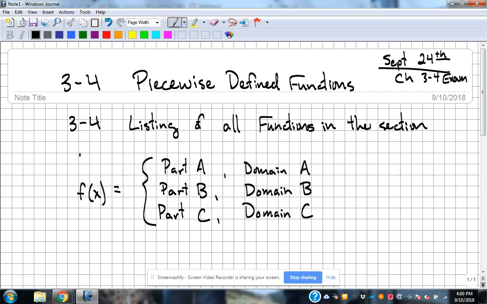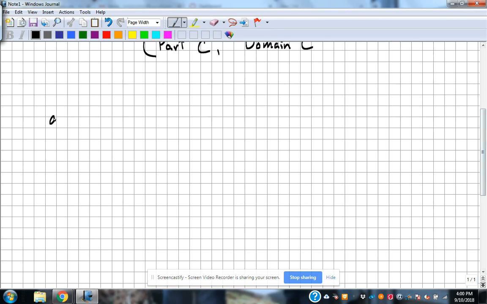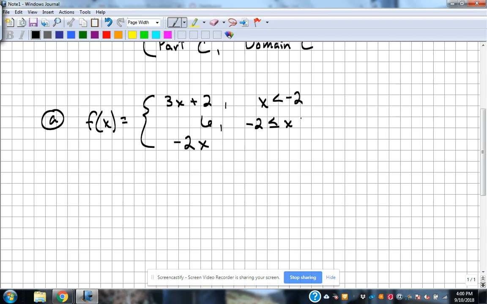All right. So looking at piecewise defined functions, the first one we're going to look at, just a first example. Stay pretty simple with it, and let's just use linear pieces like 3x plus 2, 6, and then negative 2x. And the domain for that first piece is going to be all x's that are less than negative 2. And for the second piece, it's going to be from negative 2 less than or equal to x less than or equal to 4. And for the third part, it's going to be when x is greater than 4. Okay, so those are the pieces that we're going to build our